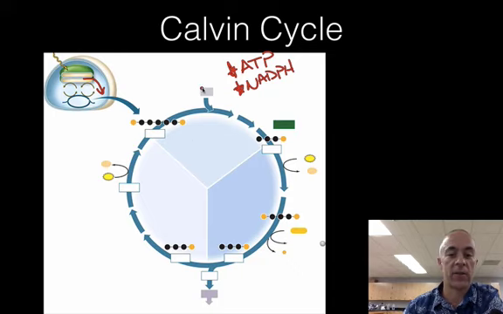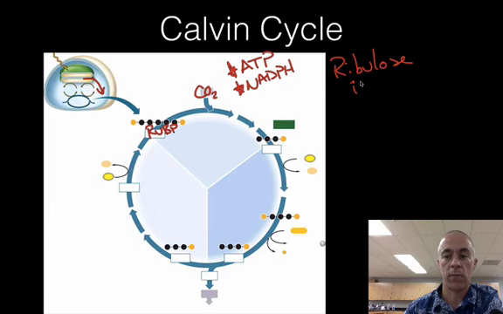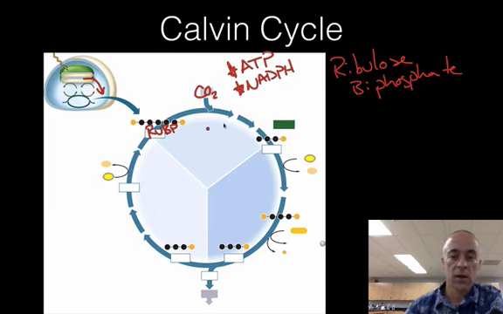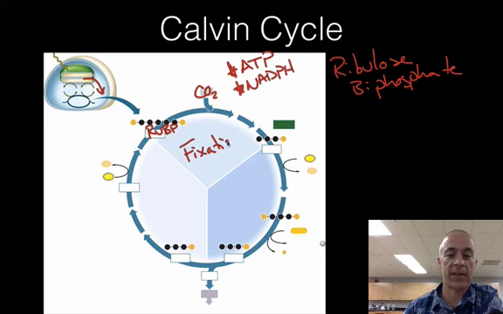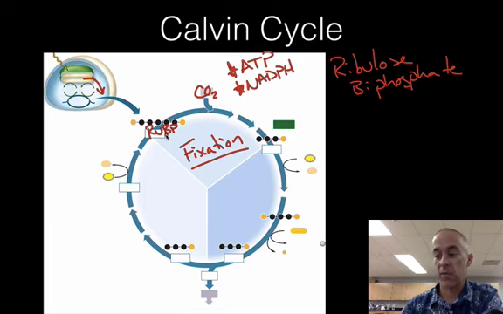So all the parts that are involved here, I'm going to put carbon dioxide up here at the top, and then what we're going to start with is something called RUBP, and this stands for ribulose biphosphate. The first step of the Calvin cycle is something that we call the fixation phase. And in chemical terms, when we say that something is being fixed, we mean it's being added to something else. So in the fixation phase, carbon dioxide is being added to RUBP, and what we get out of that is